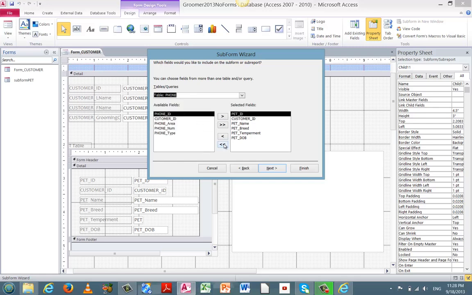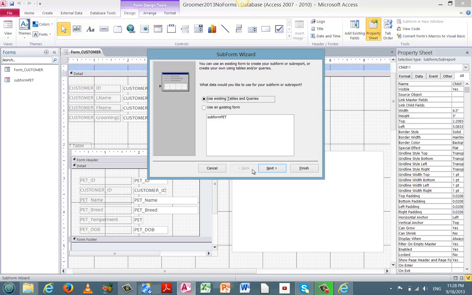And again, choose all the fields, and hopefully this does not add, but it goes ahead and replaces, and it did not. I'm going to go back,